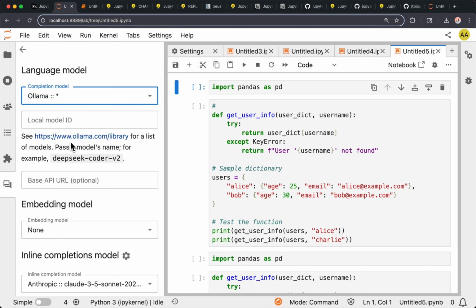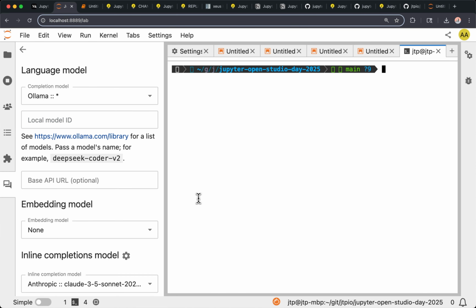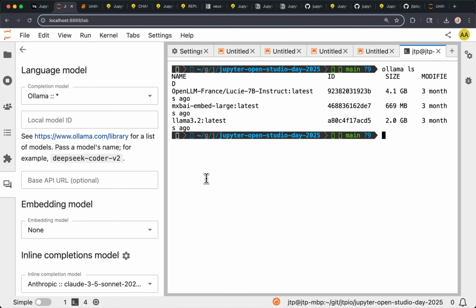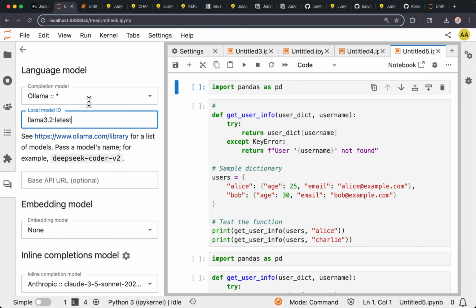So I installed, so Jupyter AI is based on LangChain. And if you want more providers, you need to check if there is a LangChain package for those providers. And in this case, it's called the LangChain Ollama. Is it langchain-ollama, I guess? Yeah. So I could do this.